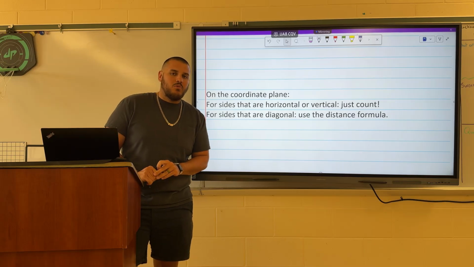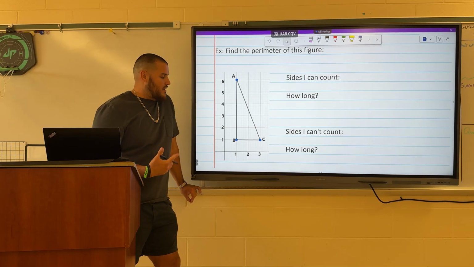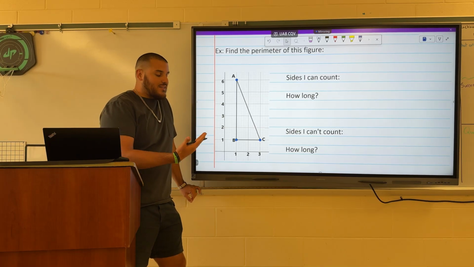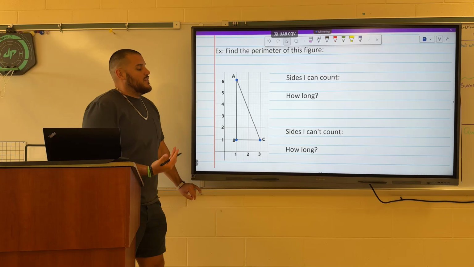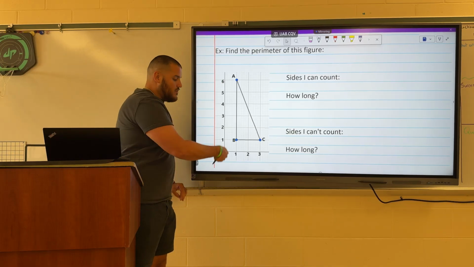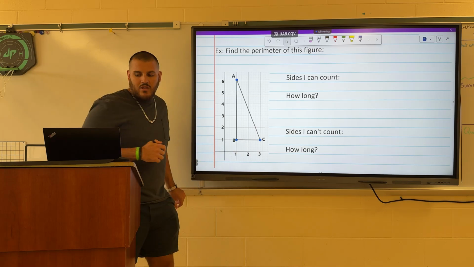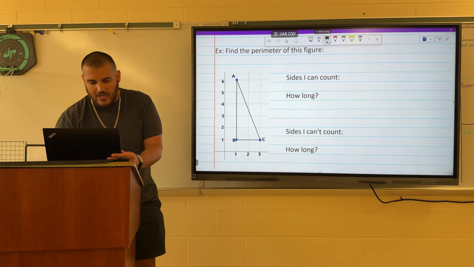section 1.3. So we're going to find the perimeter of triangle ABC here, and we're going to have sides that we can count and a side that we cannot count. For the sides that we can, remember we're looking for horizontal or vertical. So vertical, side AB here, we can count with our fingers. Horizontal, BC, we can count with our fingers. So we can absolutely count AB